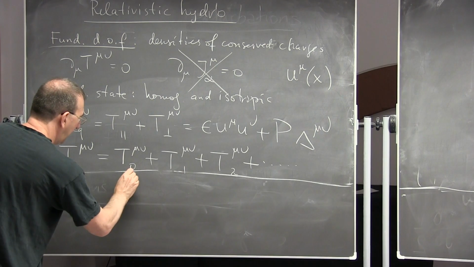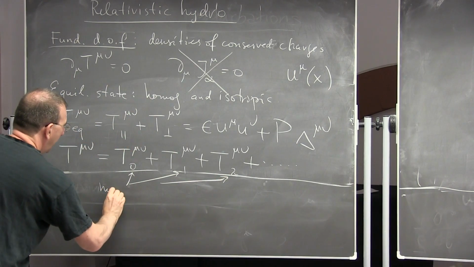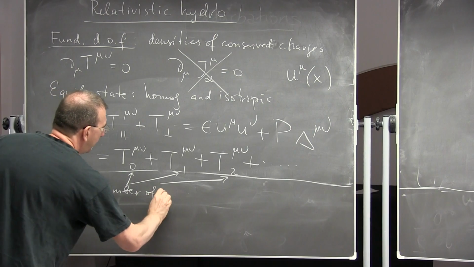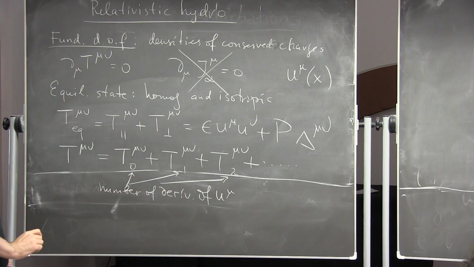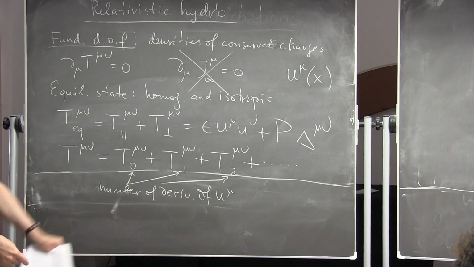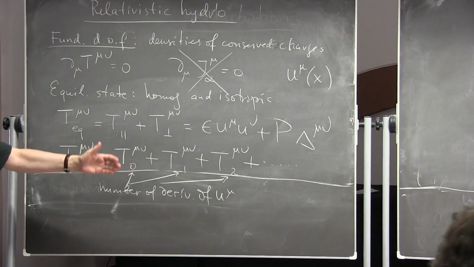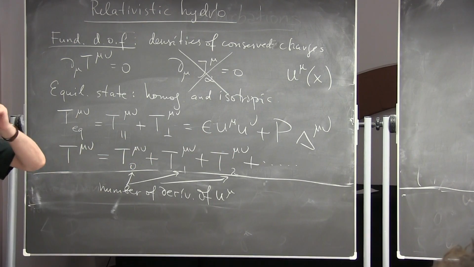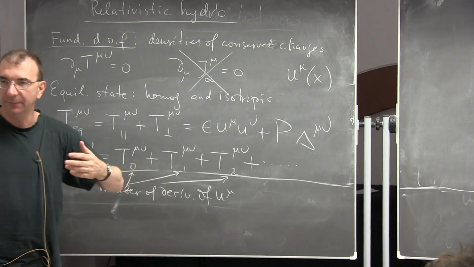So this index here will denote the number of derivatives of u mu. So in T1, I will only have the first derivative, meaning d mu u nu, right, with some combinations. And in T2, I can have the second derivative of u mu, and so on and so forth. Okay. So what is written here is effectively nothing more. It's a little bit fancy because there are 2 indices involved. But morally speaking, this is nothing but a Taylor expansion of your expectation value of T mu.